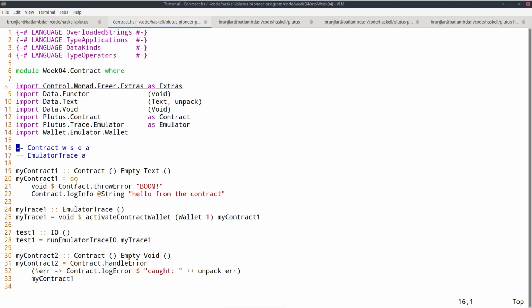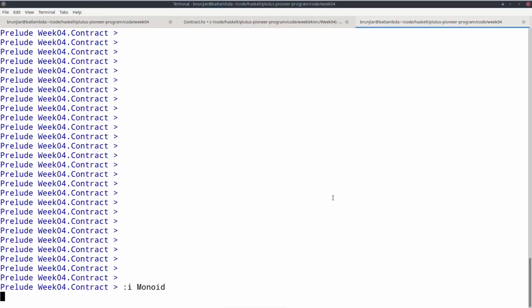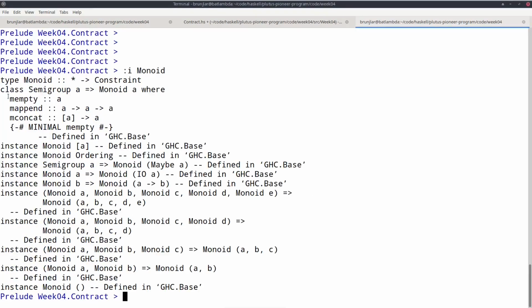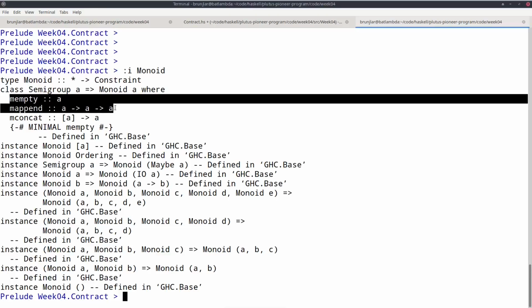Finally, let's look at the first type parameter, the writer. And so this W can't be an arbitrary type. It must be an instance of the type class monoid. This is a very important, very common class in Haskell. And it has mempty and mappend. Mempty is something like the neutral element, and mappend combines 2 elements of this type to a new element. The prime example of a monoid is lists, where mempty is the empty list and mappend is concatenation.